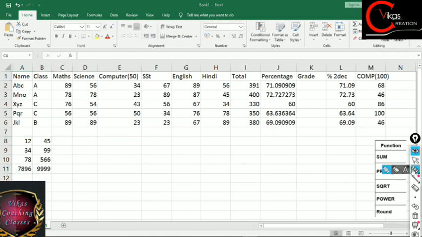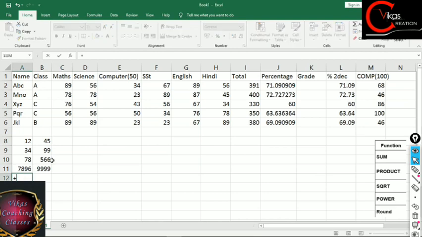Now let's suppose we have to multiply them like this, like we have to multiply these 4 and then we have to multiply these 4. Fine. So in that case, if you are using a function, it will become very easy for you, but if you are using a formula, then there are slight chances that you may commit a mistake. So for this case I am using a function.